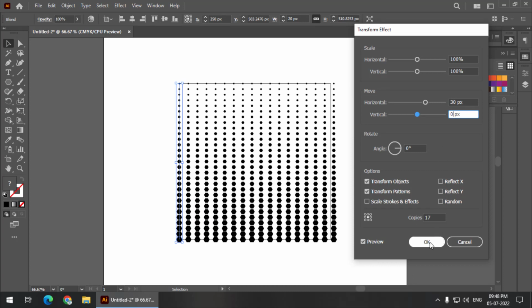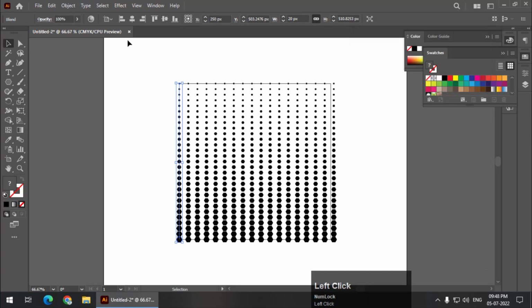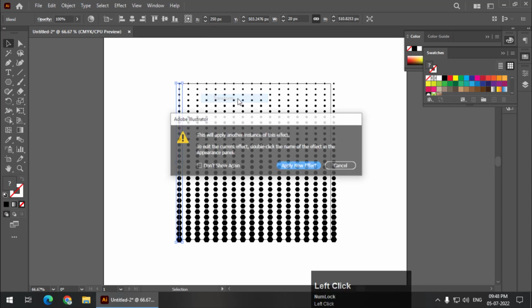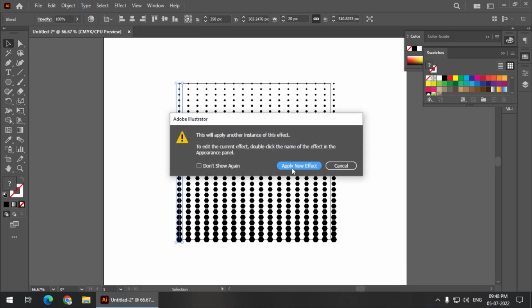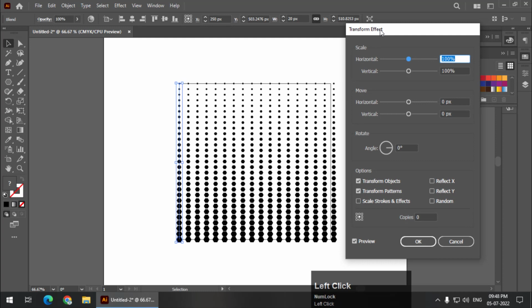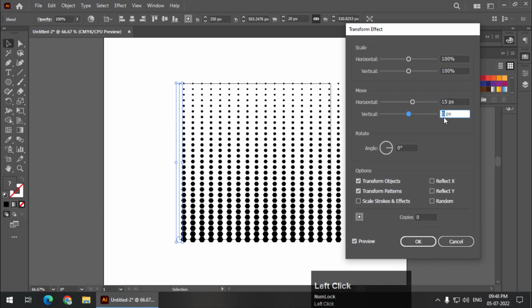Now for the second part, press OK first, again go to effects, same, distort and transform, again go to transform. Now if this option appears, simply click on apply new effect. So we are applying two effects on one pattern itself. This time, go to move and keep the value to 15 pixels, and this time we have to change the vertical value.